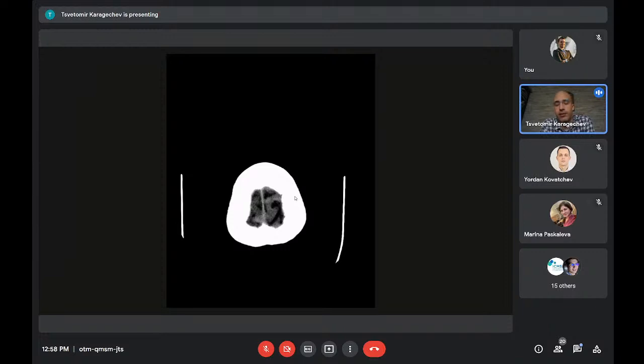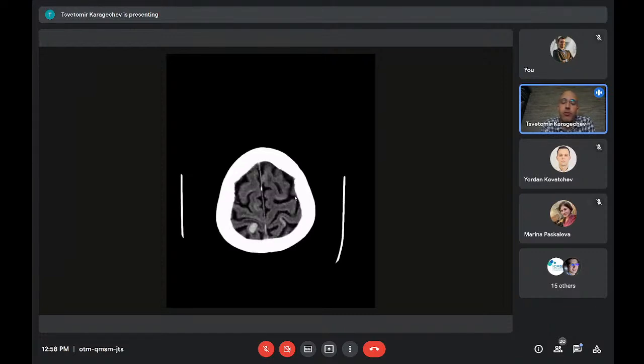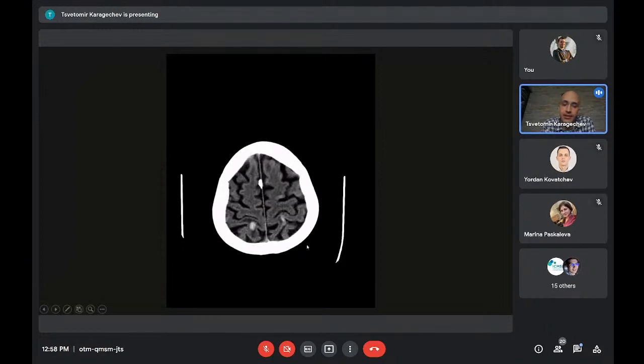So this was a patient with a known scalp malignant melanoma, surgically removed a couple of years ago, and the patient had an unprovoked seizure. So we start from the top of the head, and I'm sure that all of you are already noticing a couple of abnormalities. These are really round, again like pencil-drawn, hyperdense lesions with edema around them.